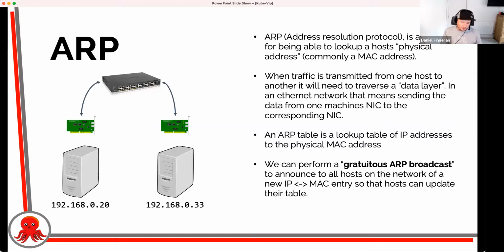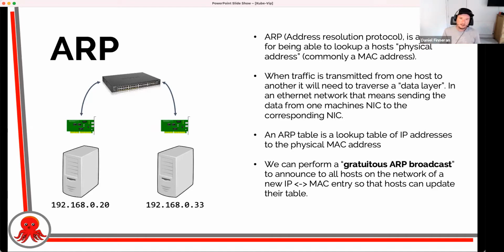There are a number of technologies that Kube-Vip uses in order to expose addresses to the outside world: ARP, BGP, and we're looking at OSPF. There are some others that we can possibly look at as well. But ARP and BGP are typically the most common that we're seeing at the moment with Kube-Vip. ARP is how a new IP address will expose itself on a network.